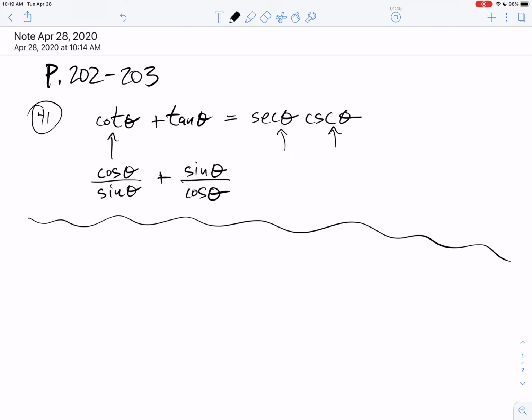Now, number 43, I would say to turn that thing into a double fraction and a double fraction. That would be my first guess. I would look at that and say cosine alpha on this side. Then we have secant alpha plus sine alpha over cosecant alpha equals, and there's stuff over there, but see, when I see this, I'm thinking